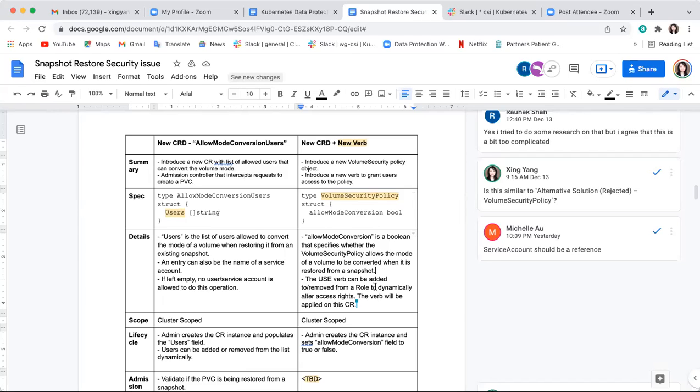The comment we're getting from Jordan is that you are trying to solve a tiny little small use case, but you are trying to come up with a very complicated approach. It's really not necessary. So yeah, we are actually looking at the OpenShift document. I think it's good to add that, but then we have to come up with tons of use cases. Right now, we do not. That's the problem. We're trying to solve this one problem, and then we are coming up with a very comprehensive approach that can solve like hundreds of problems, which is not approved.